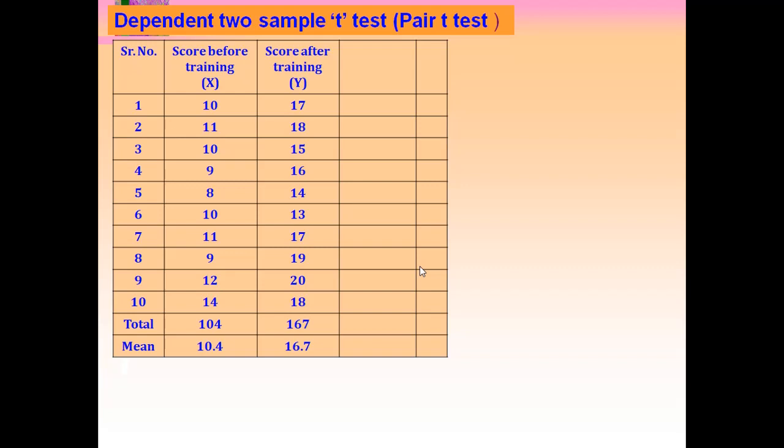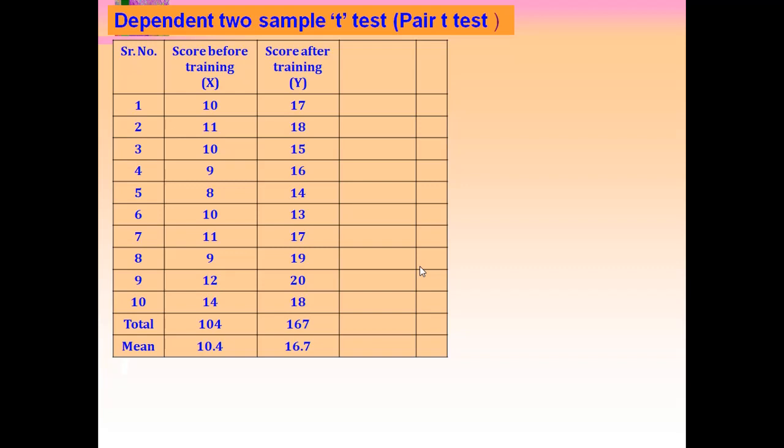Now this is the case when we have related observations, especially when two simultaneous observations are recorded on the individual. Suppose you have been given two tests for the same subject, and the performance is to be evaluated for 10 students who have appeared for the exams of STAT 1.1 in the first test as well as in the second test. Similarly, an example is given for farmers who have been given training, and before training and after training what is their performance.